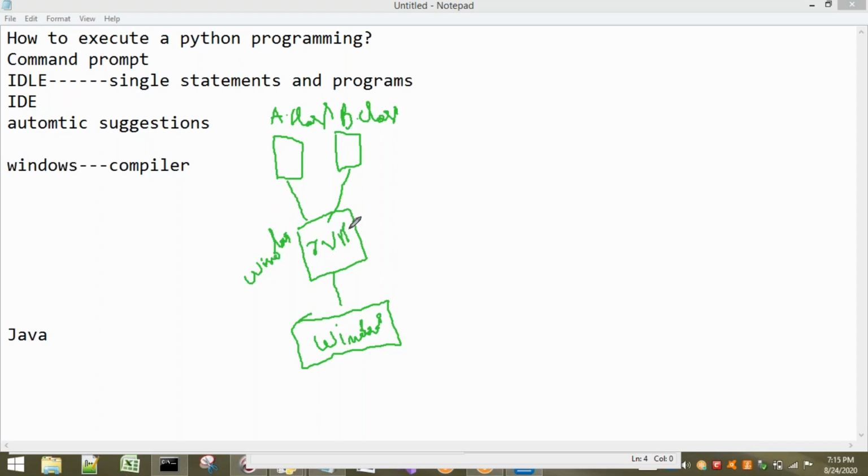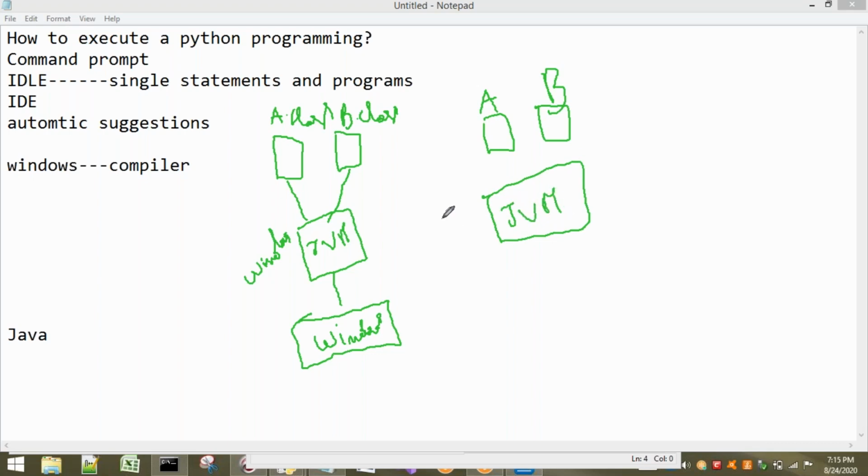Okay, now the same files I am going to take to another system, because I want to show that Java is platform independent. So these are a dot class and b dot class. Here also one JVM is there for that particular Linux system. I'm going to take the same thing to the Linux system.